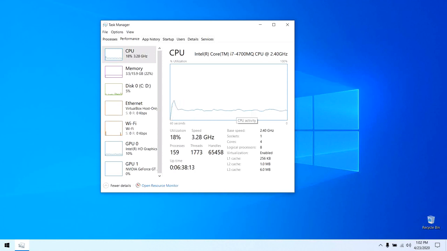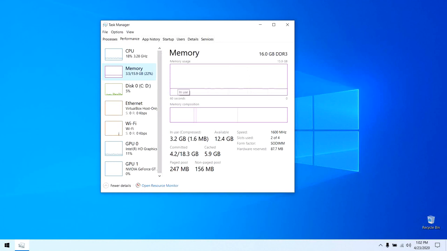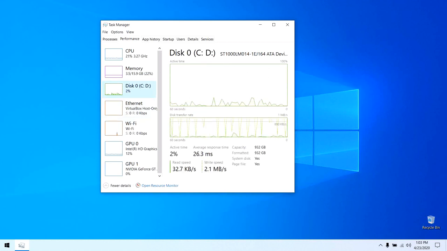Then go to CPU, where you can see a graph of how much CPU consumption is happening, how much memory is being used by your computer, and how much disk is being used.